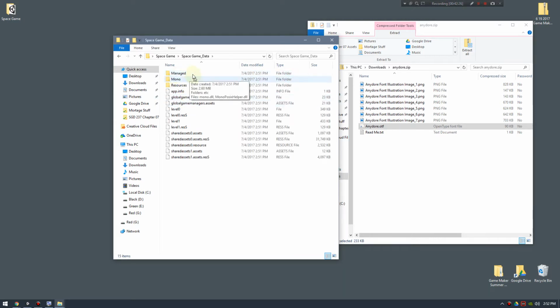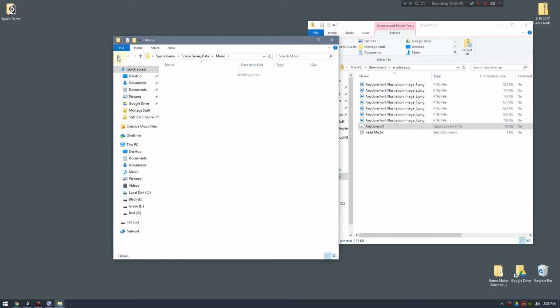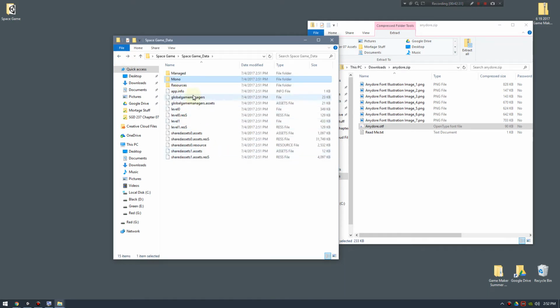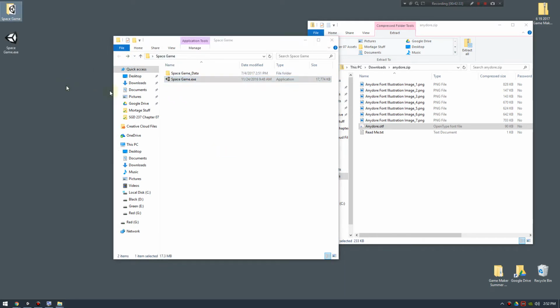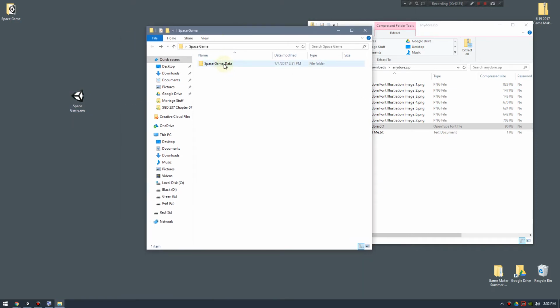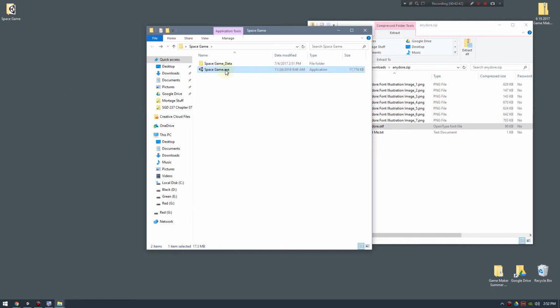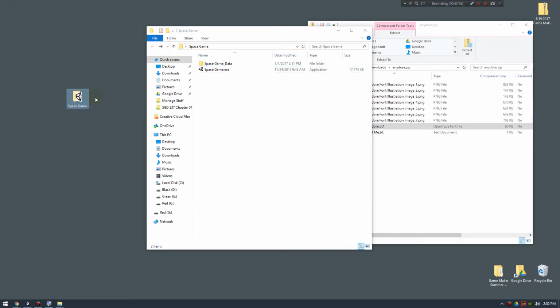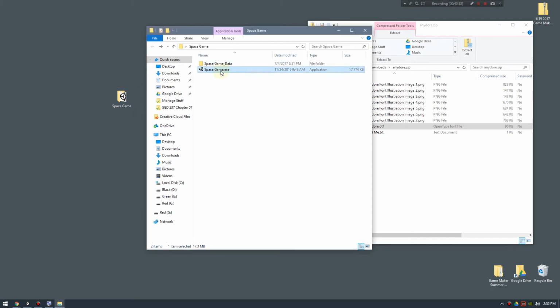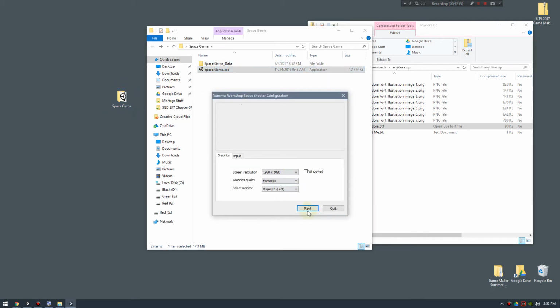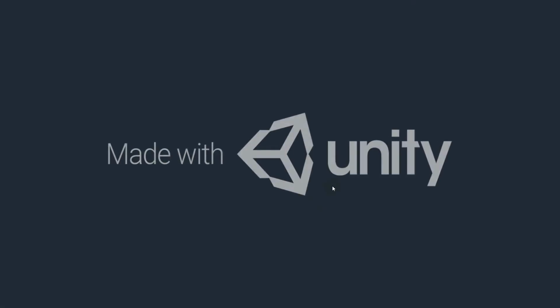This is very important. This is all the computer gobbledygook in our game. If we separate our executable from our Space Game data folder and try to run, data folder not found. So we need to make sure our executable and our game data are together in the same folder. So really, when you want to share your game, make sure you pass off the folder that these 2 things are held. So now when I press Space Game and press play,